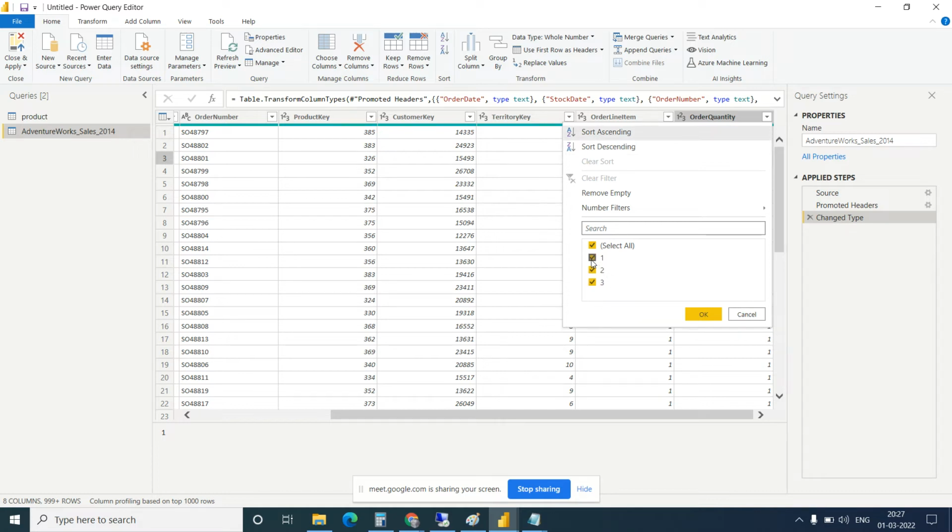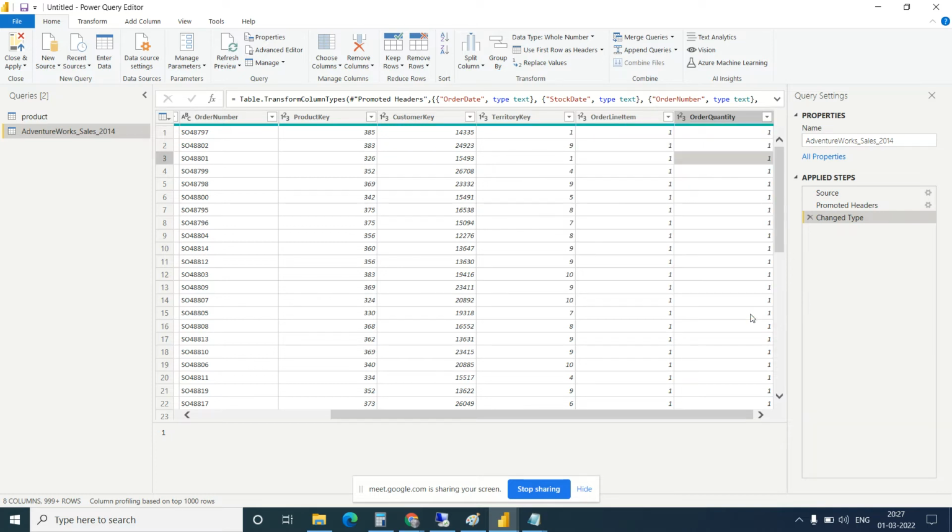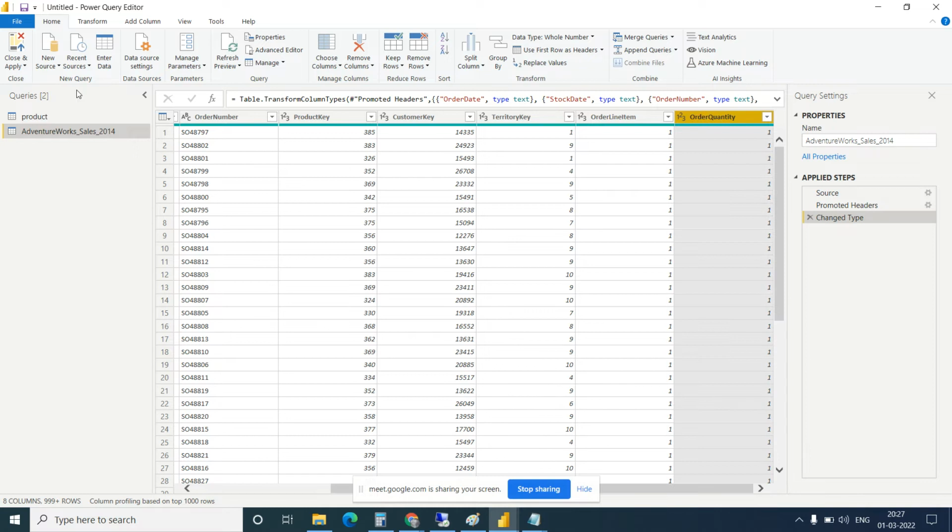There is one order, second order, three order also there. So what we need to do? We need to create one new KPI column, indicator column, which will indicate a single order or multiple order. So how to find out single order or multiple order? Based on the order quantity. Okay, so let's see how to do this.